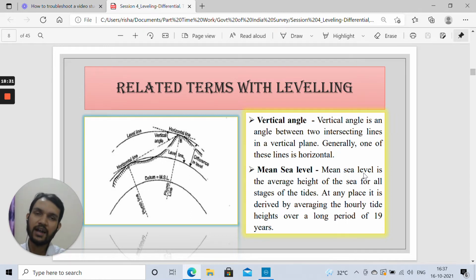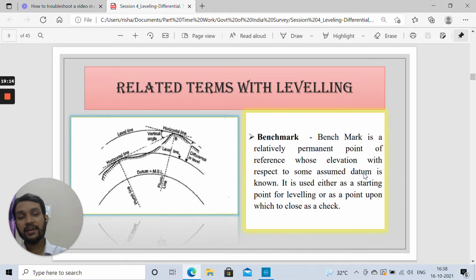Okay, whatever stages of tides may prevail throughout the year, the average height of the sea for all these seasons, and it is generally not taken for a very short span of time but for a period of 19 years. For 19 years this data is recorded based on various tide stages continuously for the complete year, and the average that is computed for all these 19 years, the elevation which comes out is considered as a datum at an elevation of 0. Okay, so that is basically the datum, and with reference to that point we report the elevation of all the other stations which we compute at a general level.